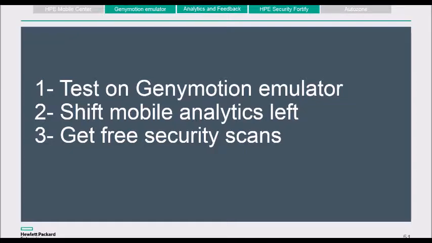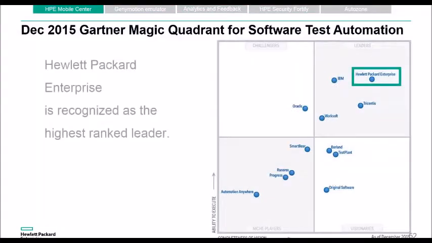We are embedding mobile analytics and feedback right into Mobile Center, so the importance of shifting mobile analytics left very early in the life cycle, the importance of also embedding security testing very early and getting free security scans right from Mobile Center. Those are the top 3 things. There are additional things that we've released, including support of the SAP Fiori mobile technology. So things that you can investigate.